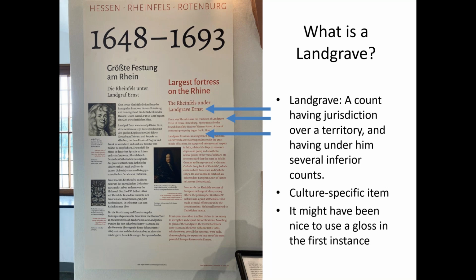Great. I don't know German history that well, so I had never encountered the word. Good news though, it is on Wikipedia, so a curious person who had access to the internet could double check that pretty quickly. Still, I find that this is a culture specific item and it might have been nice to use a gloss in the first instance. So maybe not the first arrow because that's still a subheading, but definitely the first instance in the body text, which is the second arrow down. That's just my opinion though. At the end of the day, your client may have certain requirements, or you may find, no, this works here. We don't need this here. It really depends on the